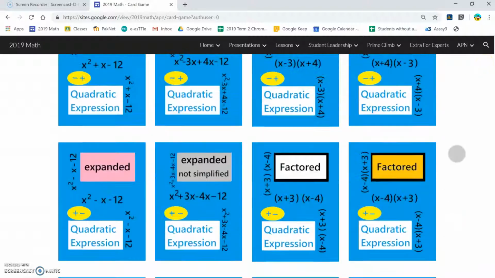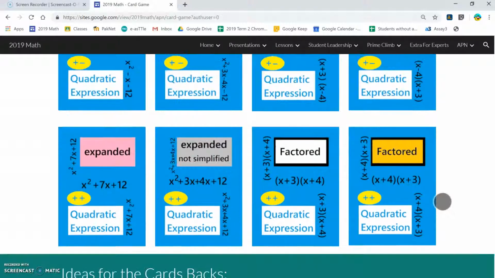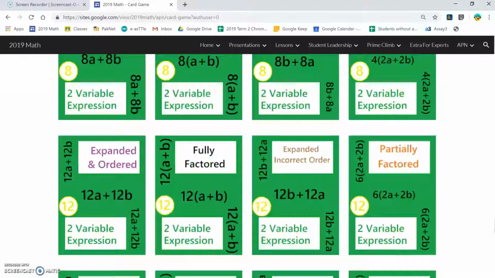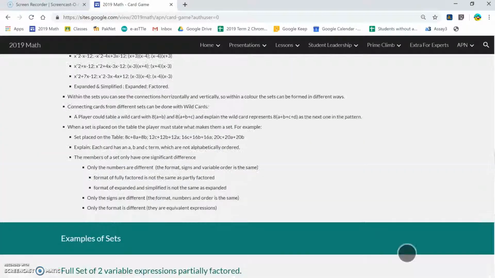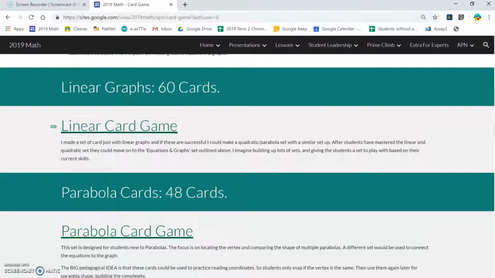For example, here, when you're doing the FOIL, which is what we do to expand, and then we simplify. So it's really just about them engaging with the maths. And then I've got various different designs for the back. So that's like the linear set. Now if you come back up here before all that blah, blah, blah, you can see once I got started, there was no stopping me. If we look at the linear card game set,